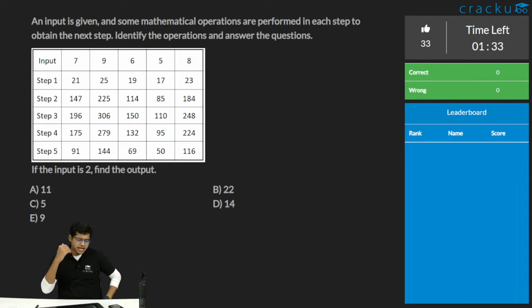So try to go with that mindset that if in 40 minutes I'm doing only 10 questions, meaning only 4 minutes per question, then also I am done. But make sure that your accuracy is high. So the best way is